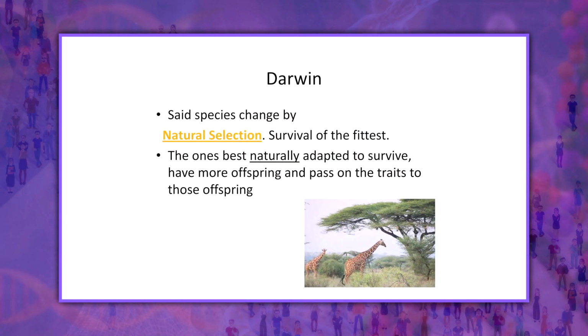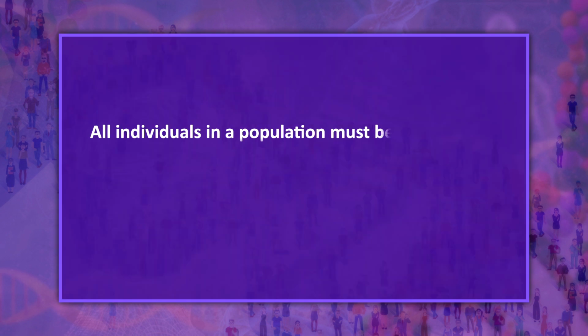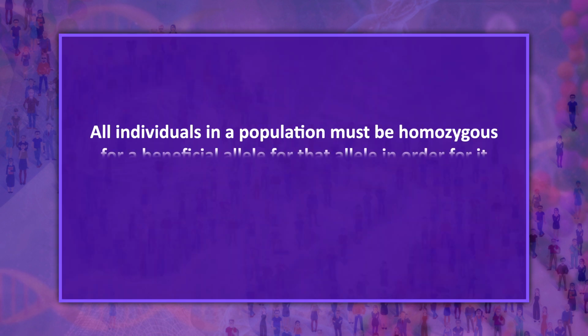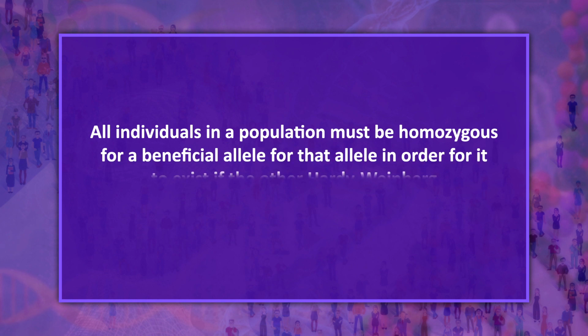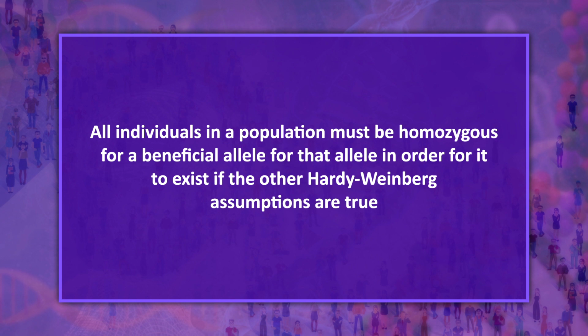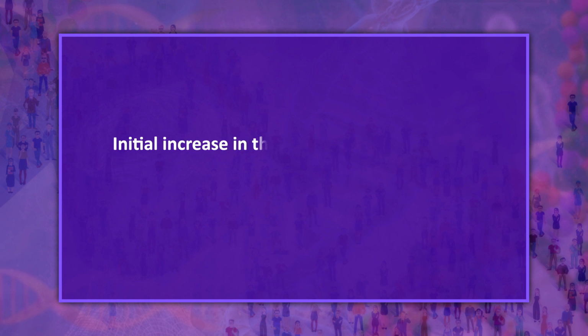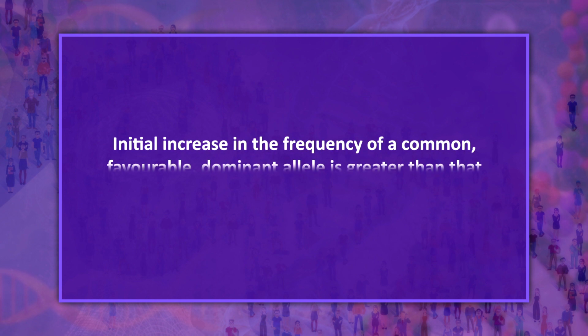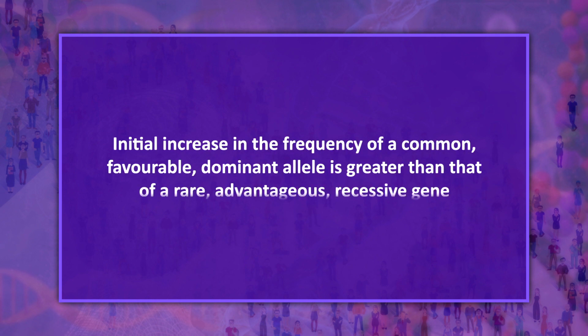The second assertion acquires special significance when we take into account how natural selection can influence the frequencies of novel mutations. All individuals in a population must be homozygous for a beneficial allele for that allele to exist if the other Hardy-Weinberg assumptions are true. The initial increase in the frequency of a common favorable dominant allele is greater than that of a rare advantageous